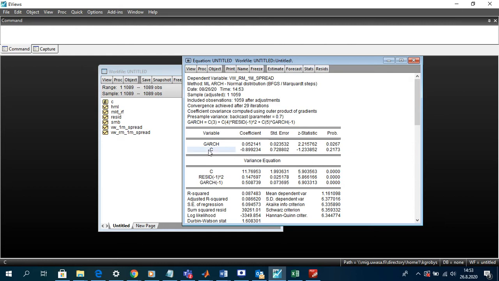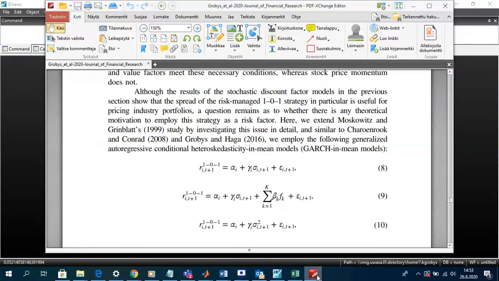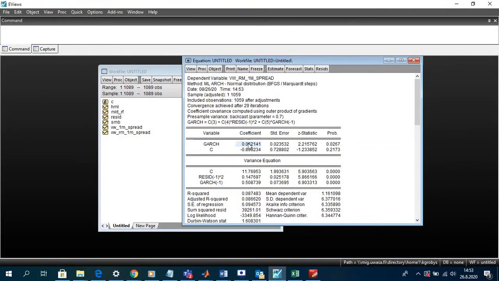So the alpha, which you see denoted as C in our EViews output, is minus 0.90 in rounded figures, and the p-value is larger than 0.05, which means that we cannot reject the null hypothesis that this point estimator is statistically not different from 0. This one is insignificant, but our gamma, the loading on the variance in the mean equation,